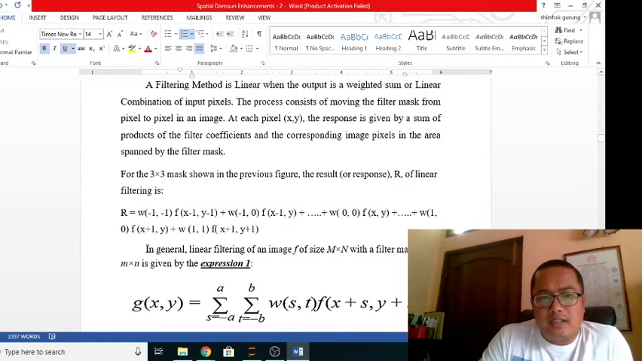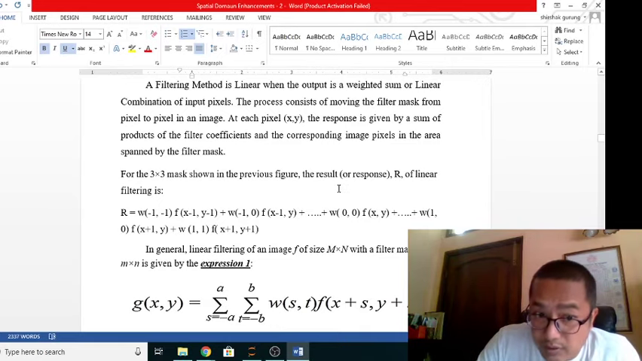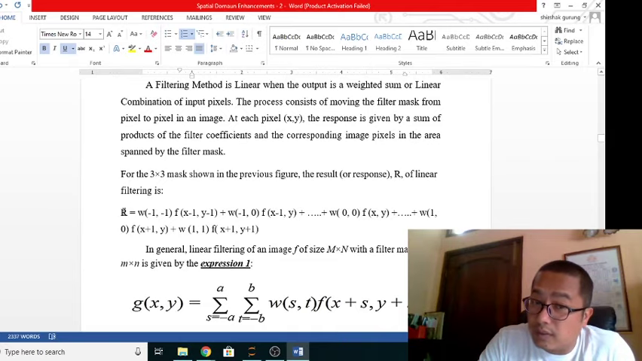Let R be the response. Whenever you move a filter over an image, that filter is always going to have a response. Now if the response of that filter for that particular pixel is a linear sum of products, the weight of the kernel times the value of the pixel,